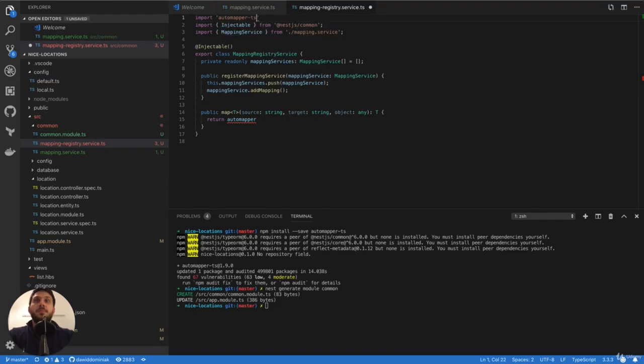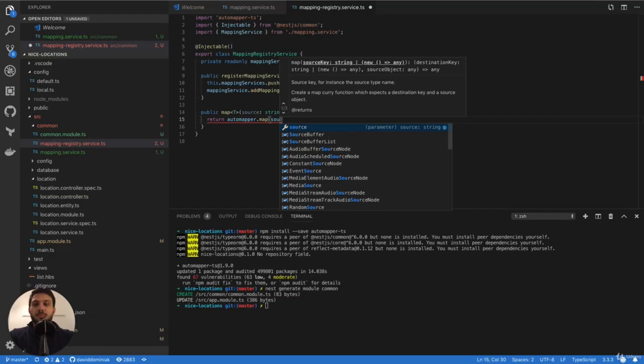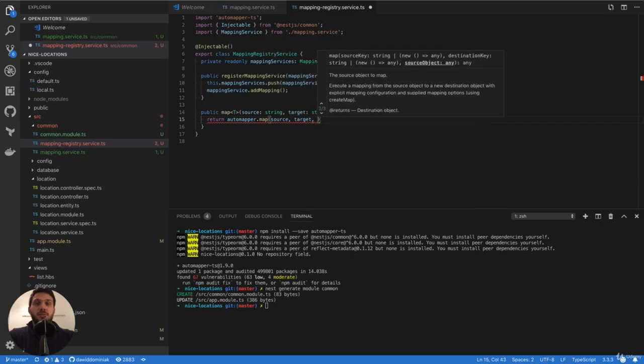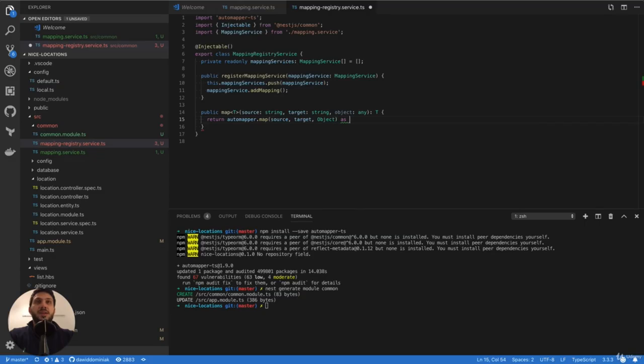What's wrong with AutoMapper? AutoMapper is a global object, and we need to import it in that way. It's going to register AutoMapper in our global scope. It's not the best solution, but it's a really great library, despite all the disadvantages. We are going to map this AutoMapper from source to target,